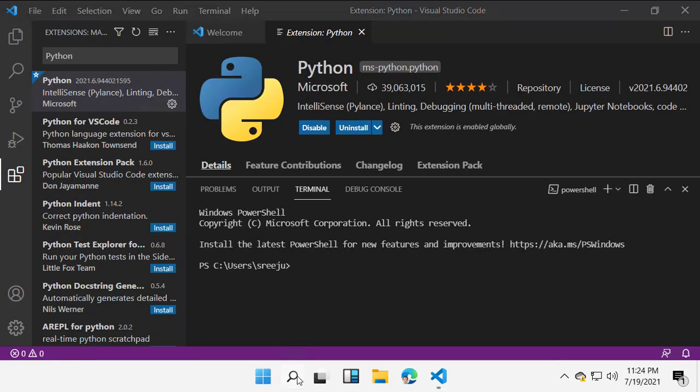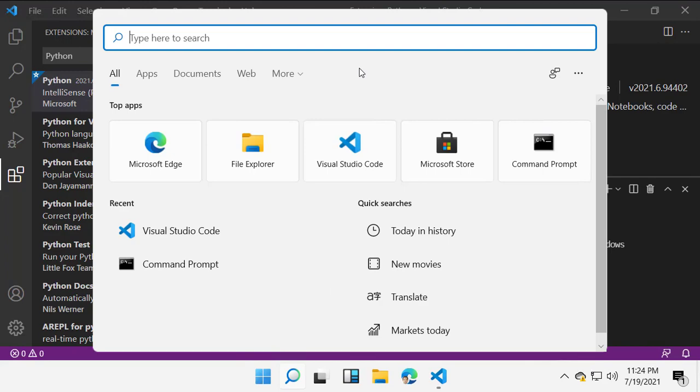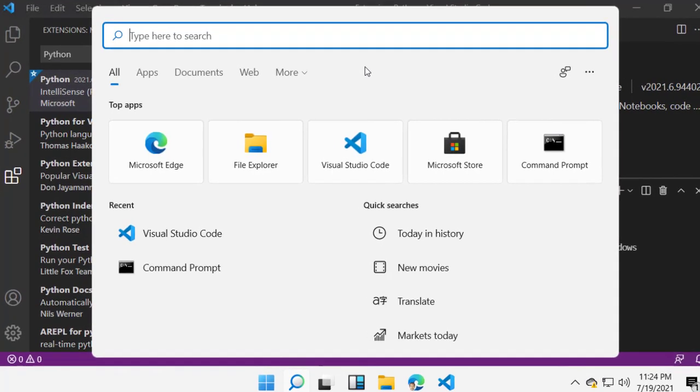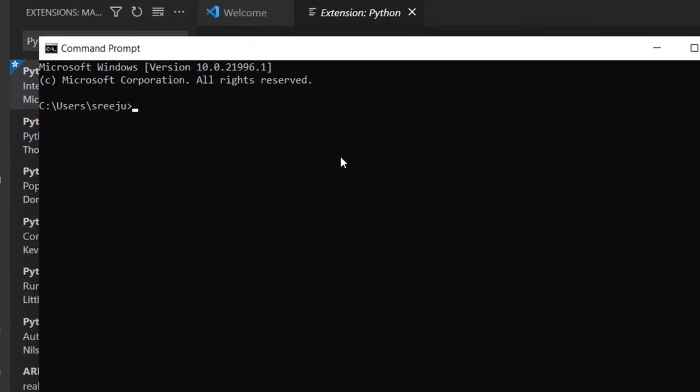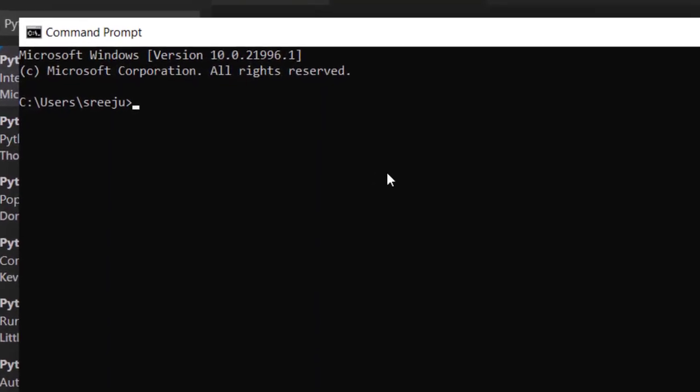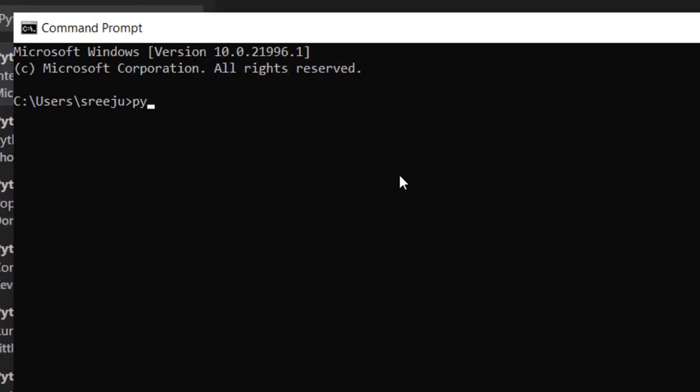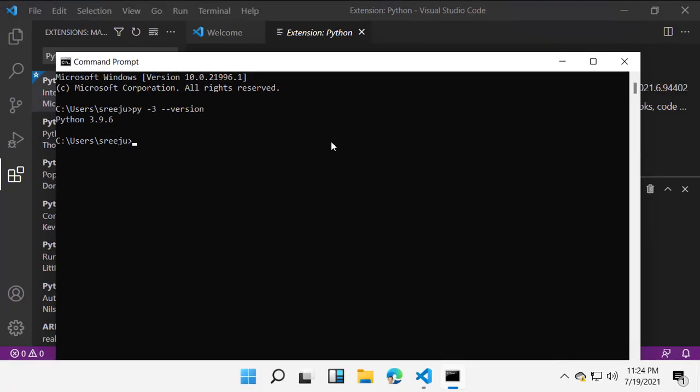In order for you to verify whether Python is installed correctly, you can follow two methods. One, open the command prompt and use the command py for Windows, python for Linux. So just use the documentation and see the command reference. Since I installed version 3, I am using py -3 and let me see the version. Python is installed and the version is 3.9.6. So this is how you can test Python in a command prompt,